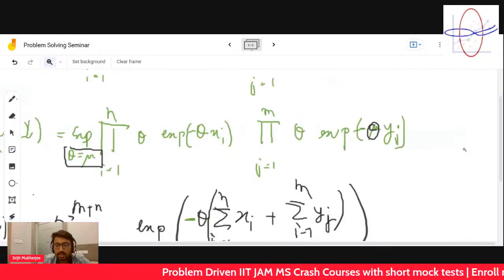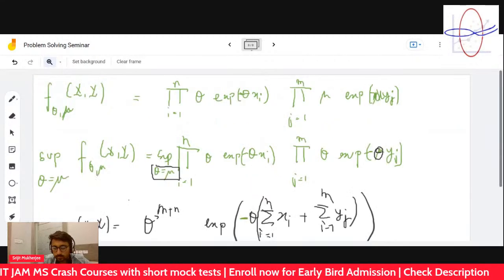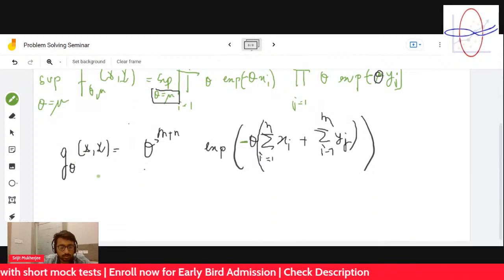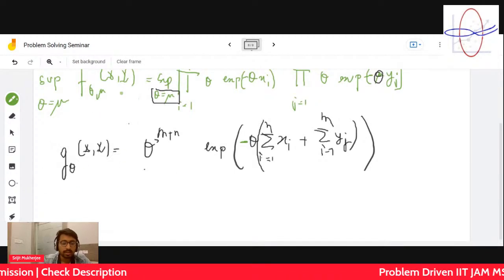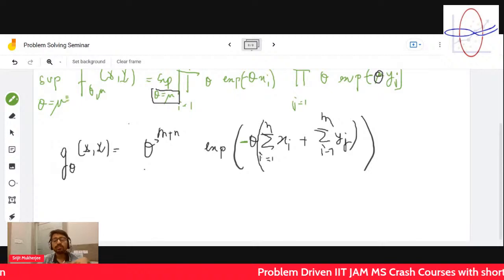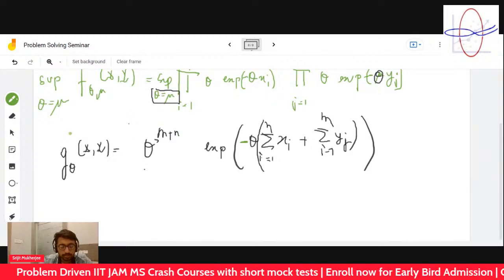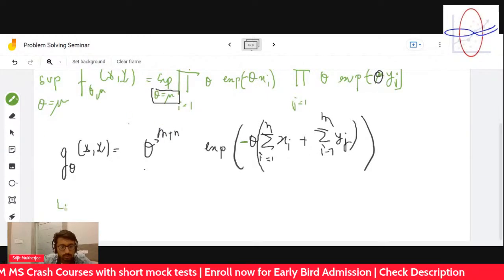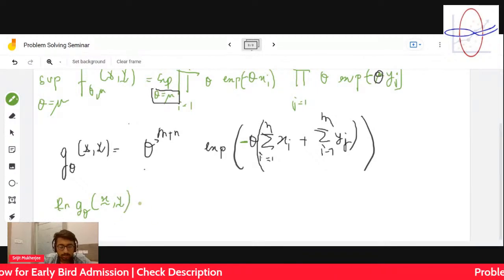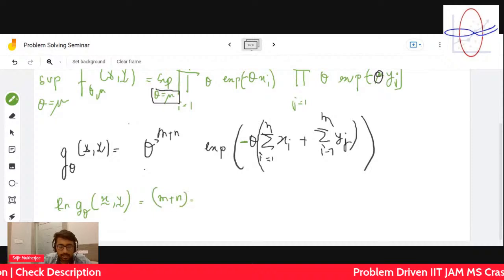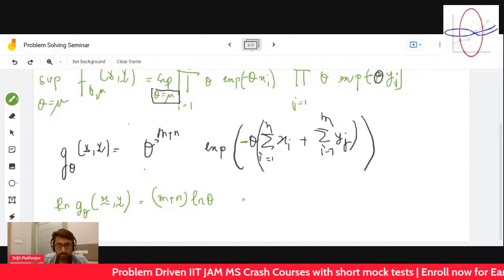Okay, so we have it over here, and now we have to take the supremum with respect to theta. You can understand, we have to take the supremum with respect to theta, because that's the supremum over theta equal to mu. Now theta is a single parameter, so we have to maximize it with respect to theta. So we just take the log of it. ln g theta of x curl comma y curl, so you get m plus n ln theta minus